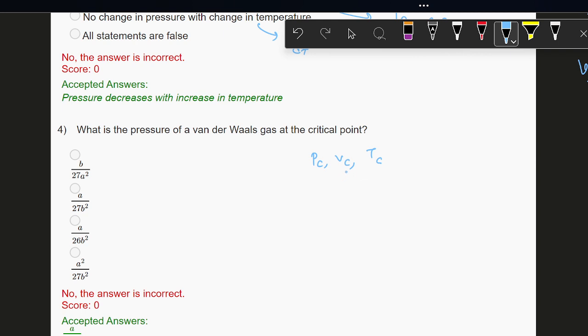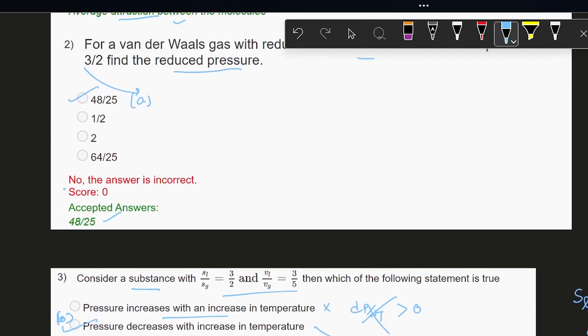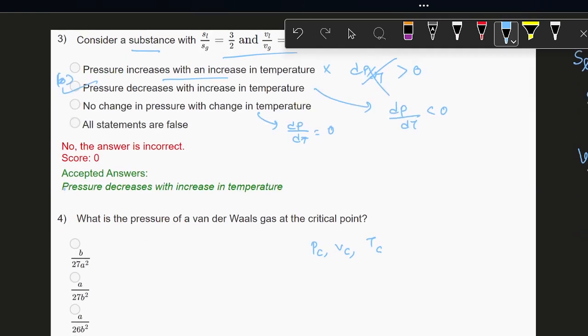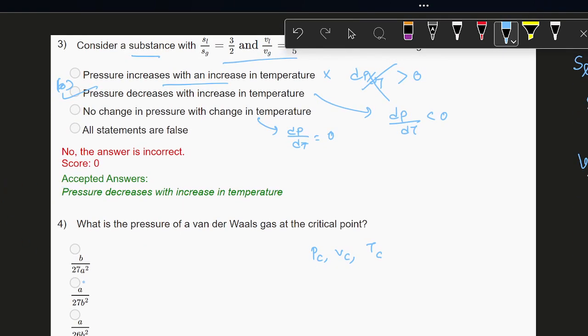So this is the question you will get to solve. It asks only for the critical point pressure, that means you are only asked about the value of Pc. From looking at the answer, if you remember the quantity value that I used for question number 2, you can directly know the value and tick the answer. The answer is